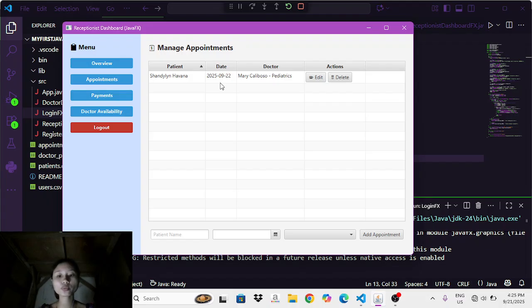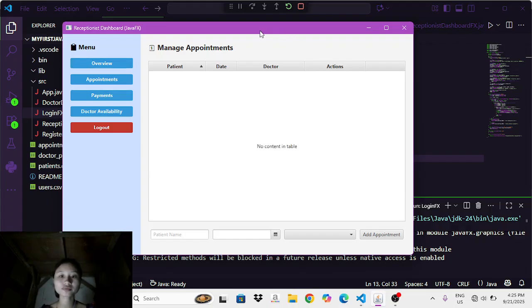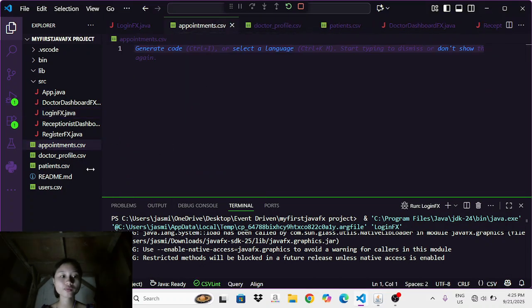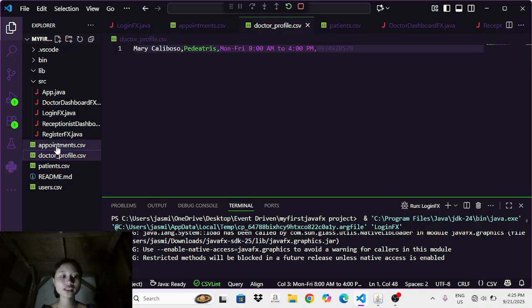Similarly, we can delete an appointment from the list with a single click. This action removes the entry from the table and updates the appointments CSV file. So it's already deleted.